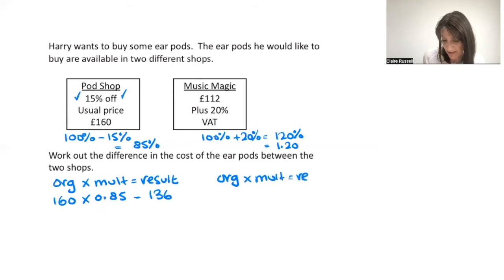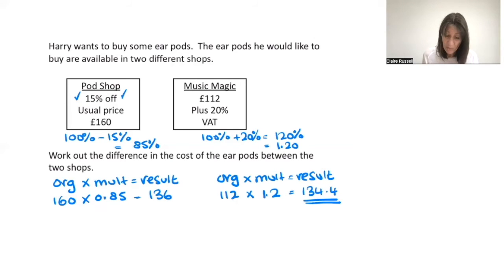I'm just going to write that out again. So my original is 112. I'm going to times that through by 1.2. And when I do that, I get 134.4, which is lower. So answering the question, work out the difference in the cost between the two shops, requires